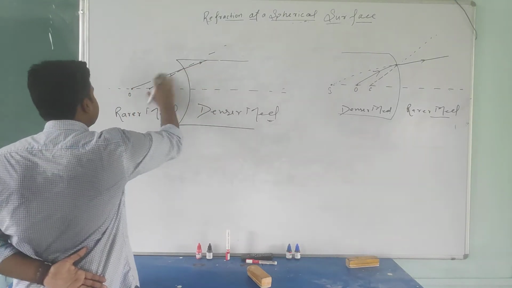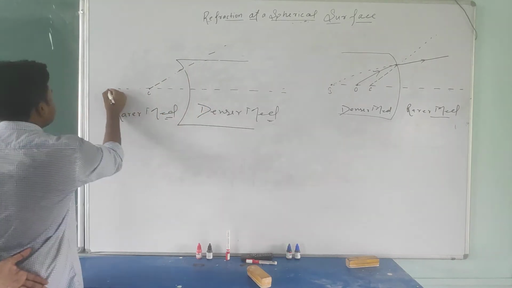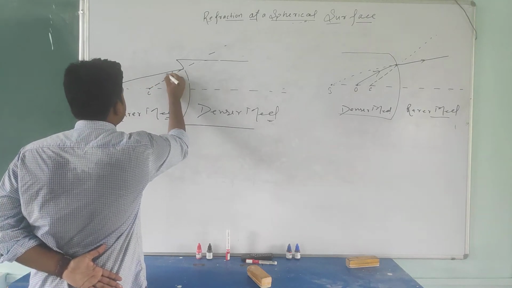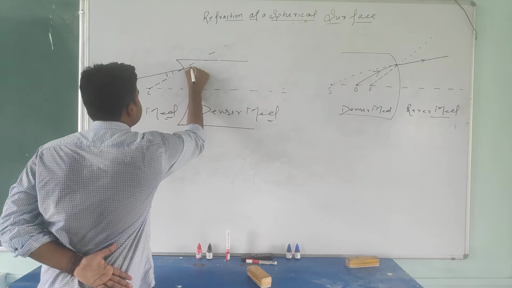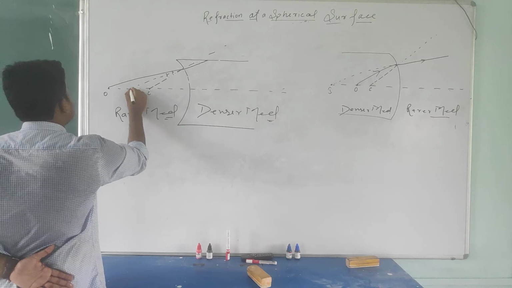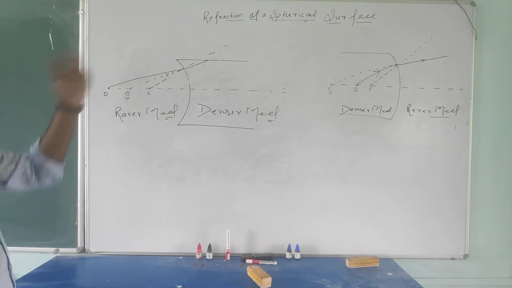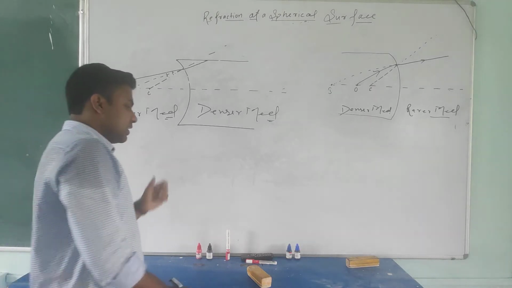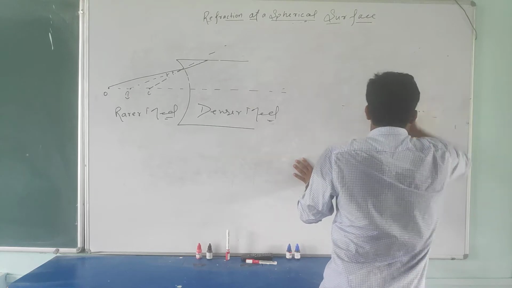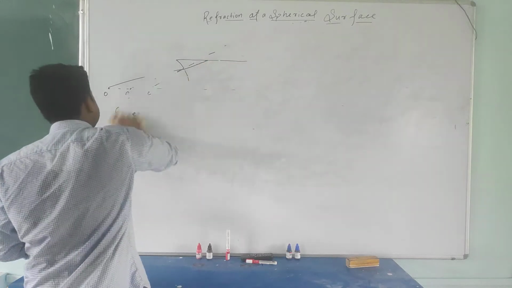Okay, I am taking an object a little bit far, then it will be more clear. So I am assuming here we have an object and it's falling at this point here with the incident angle. Now what will happen? It will tilt. So here the image will form. Is it or not? So this one is again a virtual case. Similarly, you can also make a case where you will get the virtual image. Okay. Now we understand how these spherical surfaces are forming images.